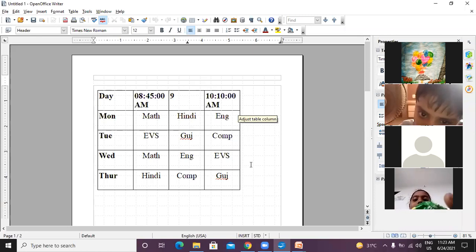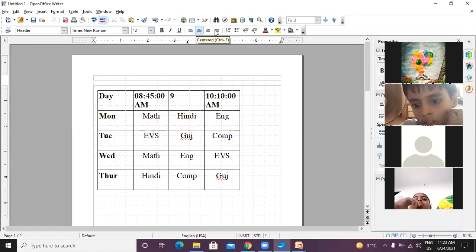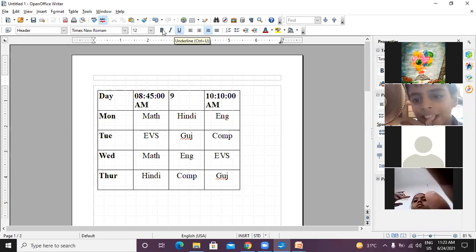Here I am writing the name of the chapter. You can do all the things, right? If you want to change the margin, if you want to center it, if you want to align right, everything you can do here. I'm taking the center and I bold it.